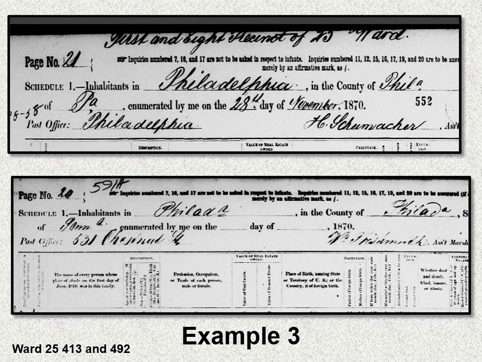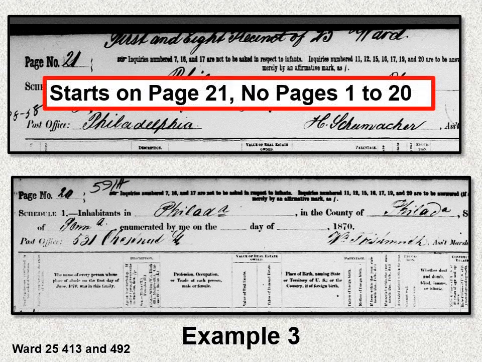Another situation showing non-standardization. So on the top, here we have Assistant Marshal Schumacher, and he says that he did the 1st and 8th precinct of the 25th Ward. What's interesting is you can see that his page 21, that's when this starts. There is no page 20. There are no pages 1 to 20. And then soon after that,